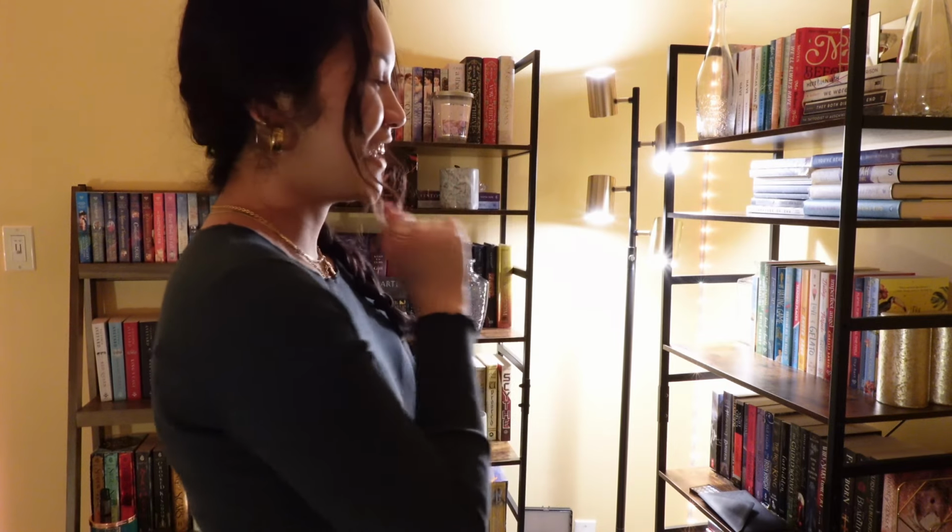Probably the last time you'll see my bookshelves the way they are. I am really excited to be redoing my bookshelves when I eventually get my new room though. It's just sad. I love this room because I started making this room my reading room when my BookTalk account really started picking up and when I got really into reading. Oh, the idea of taking down this room is making me really sad actually. I'm so